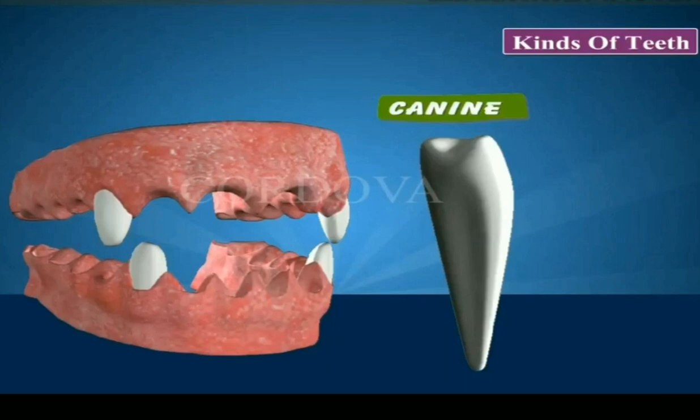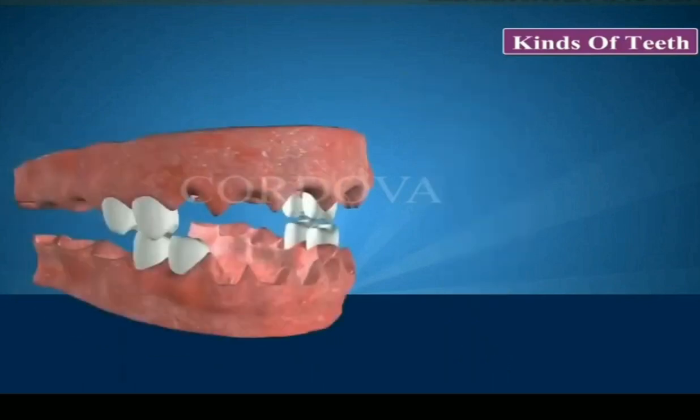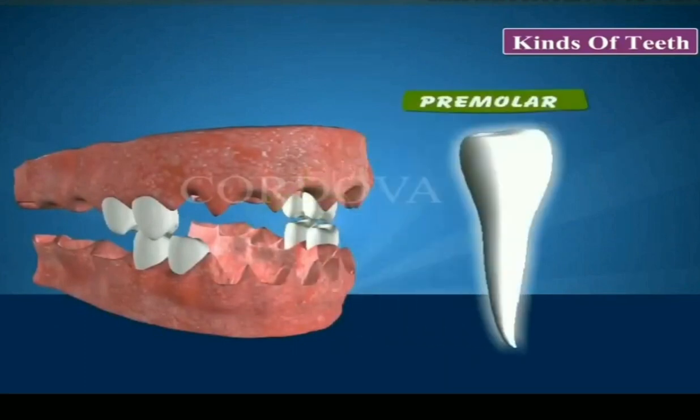And our third important teeth are the premolars. There are 4 premolars in each jaw. They are next to the canines. They are broad and flat. They help us crack and crush the food like nuts. They are also called cracking teeth.